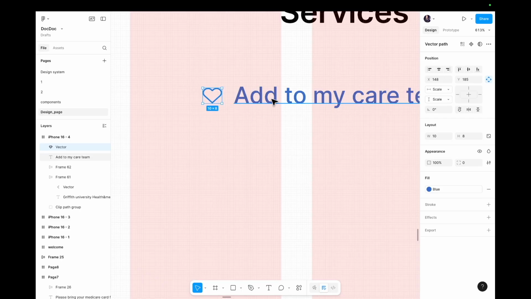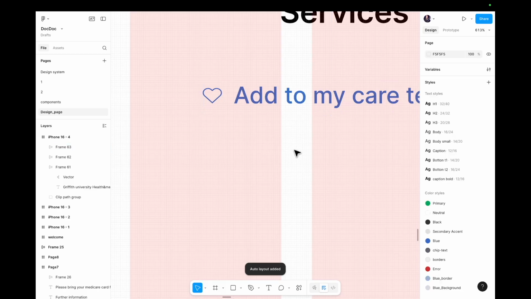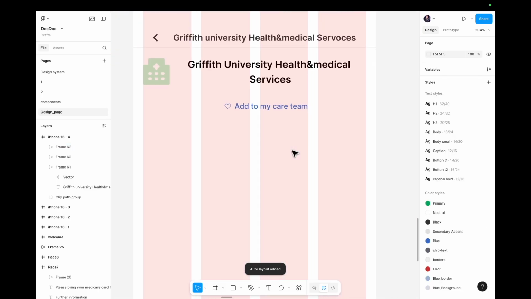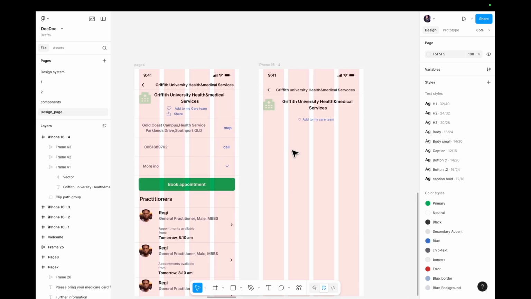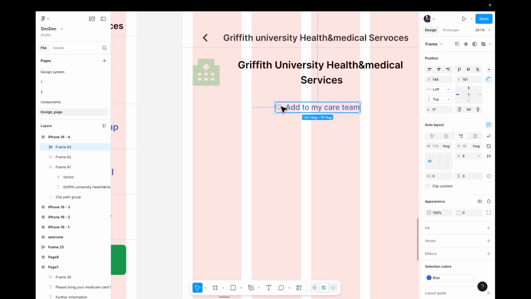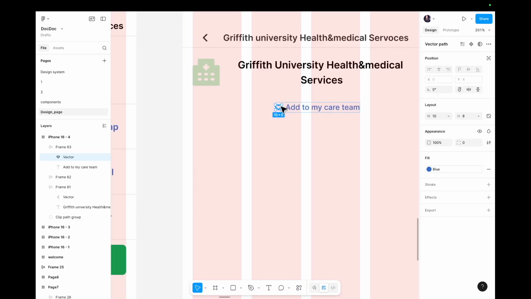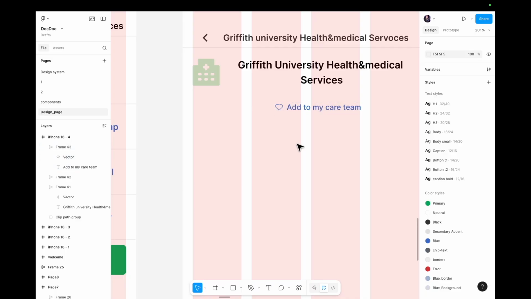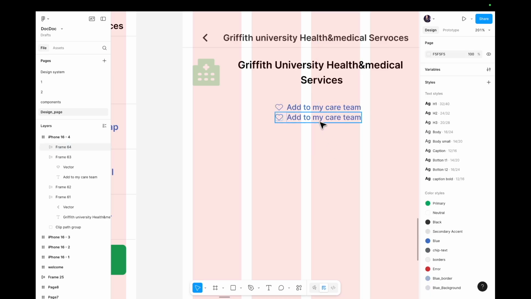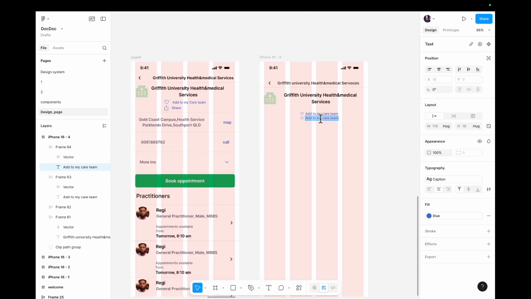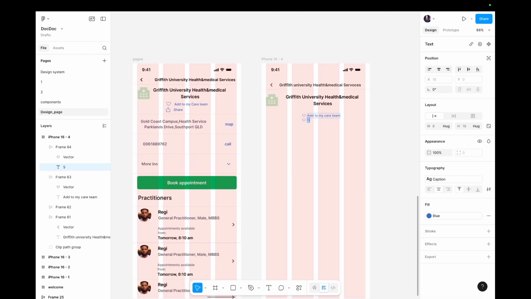So keep this one, Shift A, and I think the heart's getting very small. Okay, I will make a copy of this. I will change it to share,